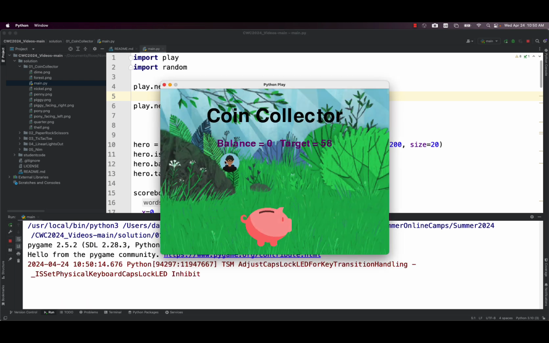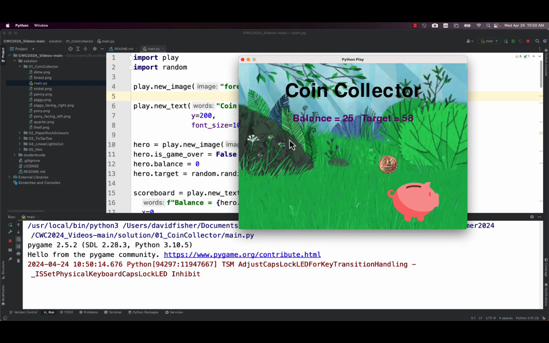To be perfectly honest, if you can't get it to run, I would recommend that you stop and kick at it until you can get it to run. Because if you try to move forwards without this one running, it's not going to be very fun, right? Because you have to be able to run a replit play program on your computer. So keep at it as long as you need until you get that working.